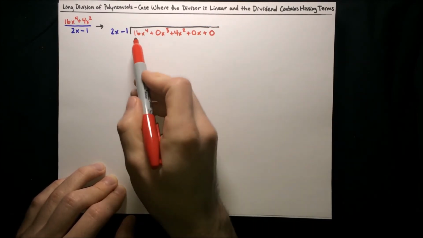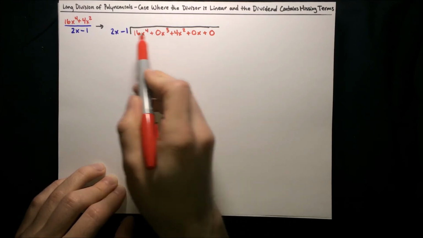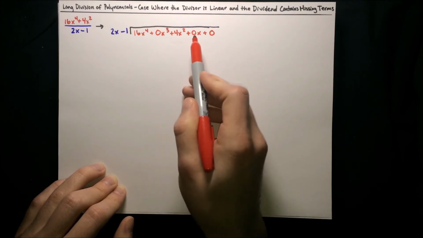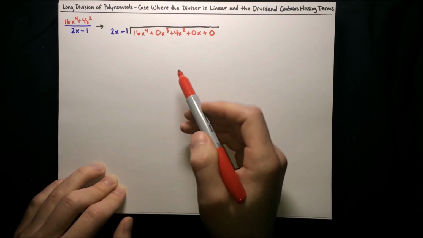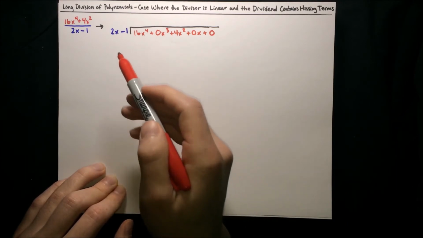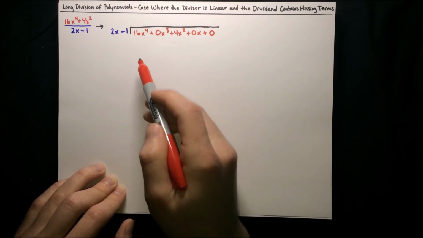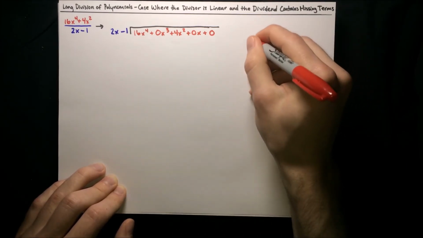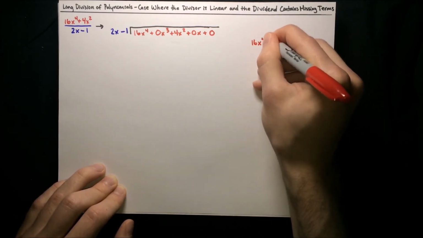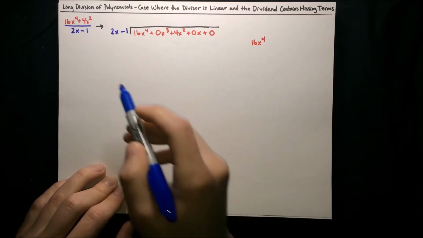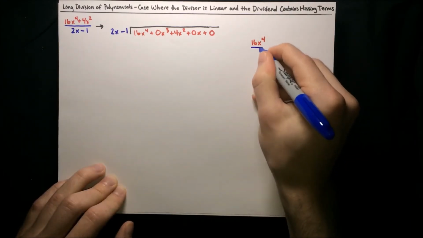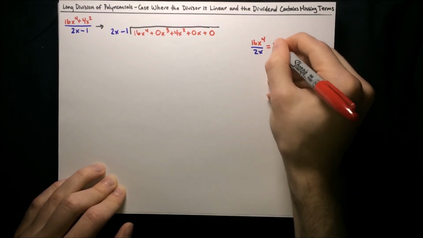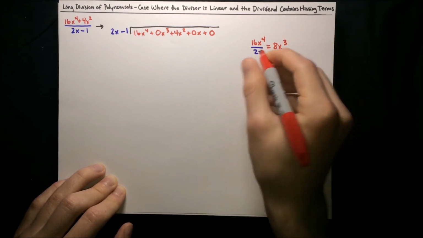Okay, so this inside with all the zero coefficients, that's equivalent to our original expression, but we've written all the zero coefficients because it's going to be important to organize our long division work. Okay, so now we can actually get started with the long division, and our first step, take the leading coefficient of the dividend, that's 16x to the fourth, and divide that by the leading coefficient of the divisor, which is 2x. Okay, and that result just comes out to 8x to the third,